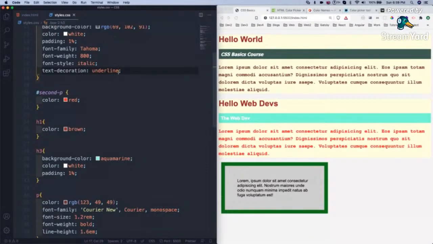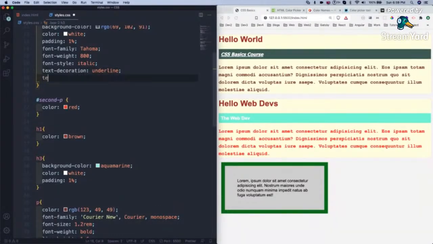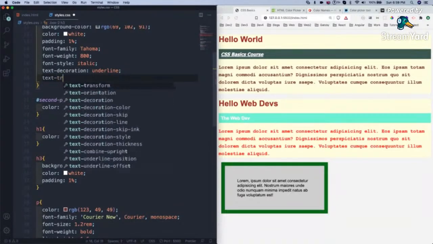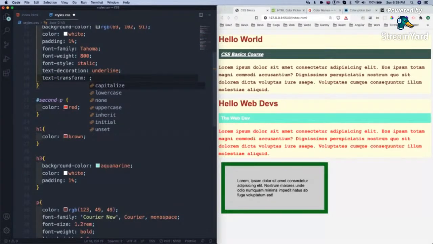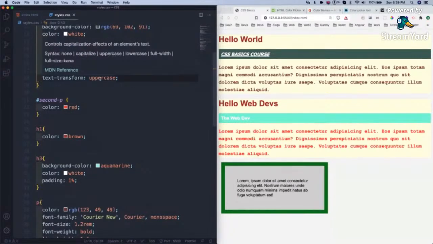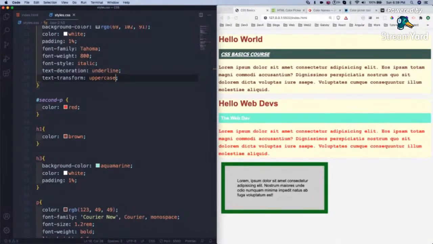So we can directly give underline, so the underline will be made. And then text transform is uppercase. Sometimes instead of doing it from the HTML, we directly do it from the CSS. So we can directly make it uppercase. There are different values for it, so you can see those values. The uppercase is there, the lowercase is there, all those things are there.